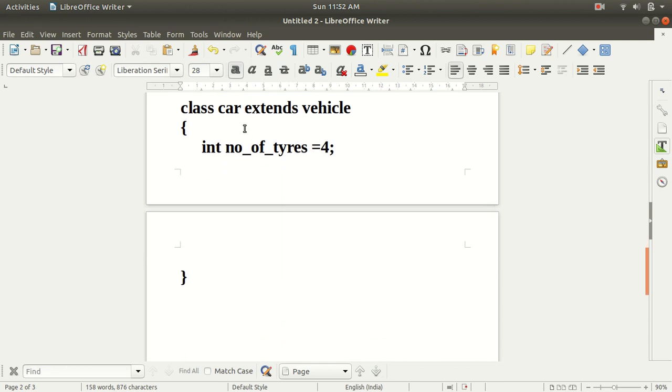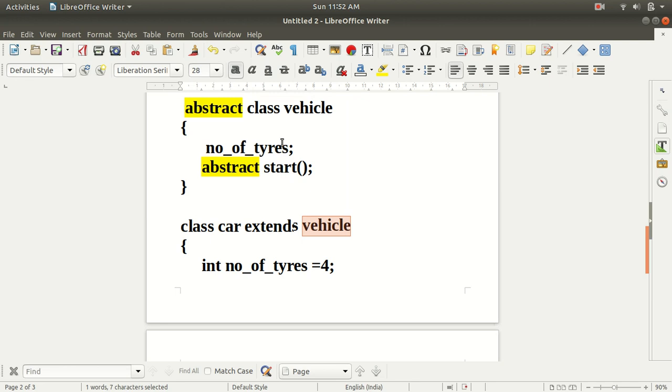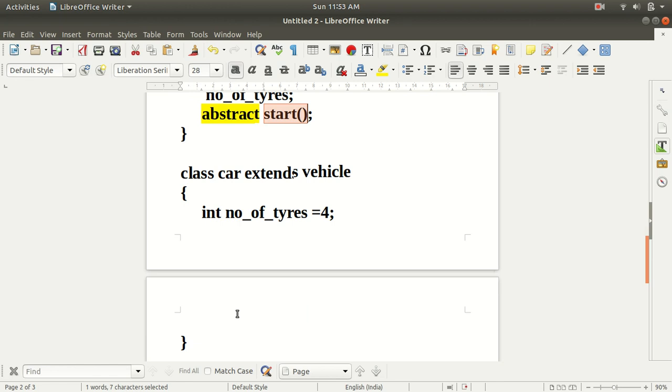It means that the Car class is extending the Vehicle class, and the Vehicle class is an abstract class. So the Car class has to implement, or we have to write the body part of, the start method inside the Car class. Or if we are not implementing the start method, then we have to define this Car class as an abstract class. So for now I am defining this start method here.